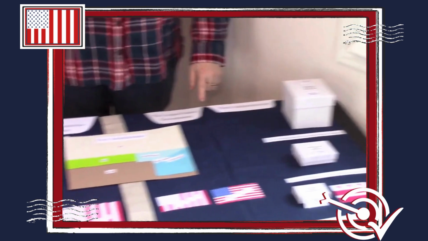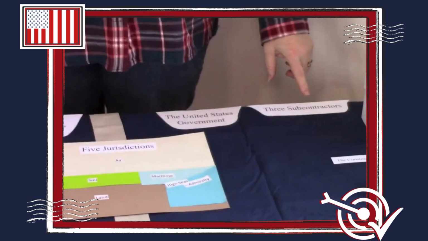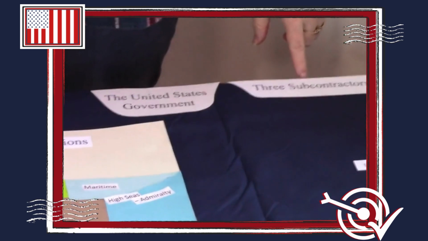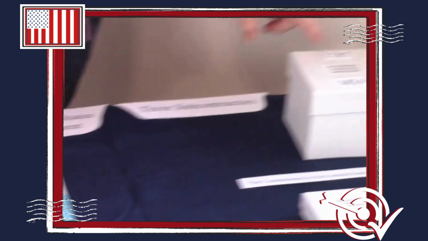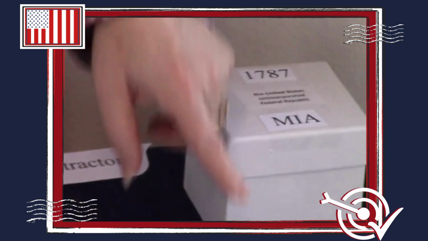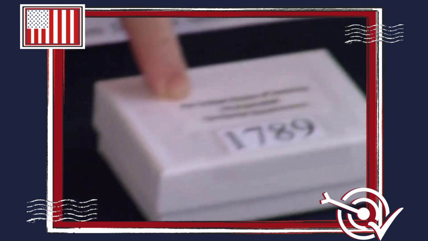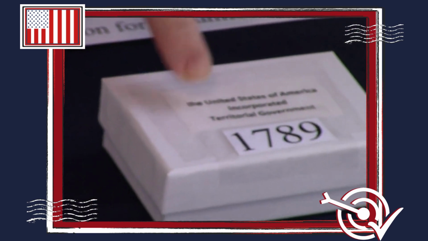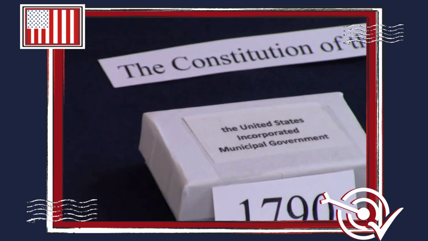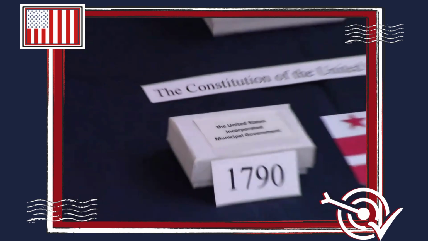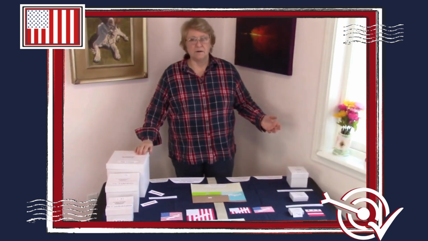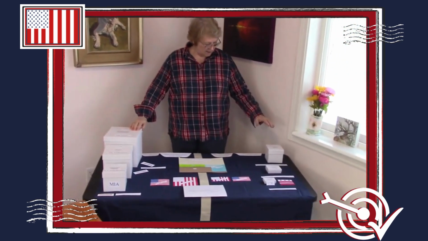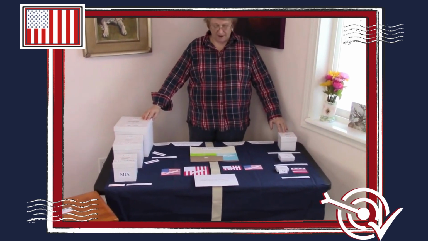And we reviewed the United States government, our three federal subcontractors, the Federal Republic, the British Territorial United States, and the municipal United States governments. So basically, 6 different entities, 3 instrumentalities, 3 federal subcontractors,